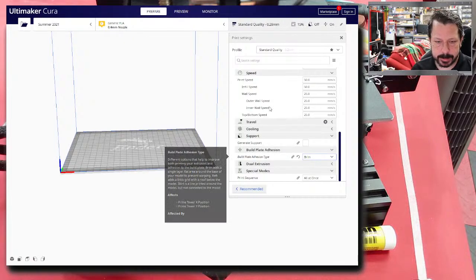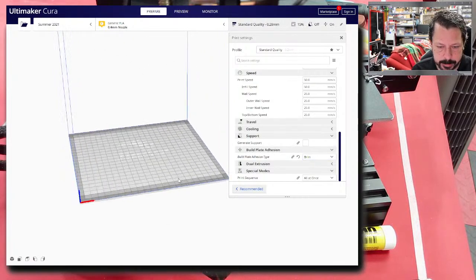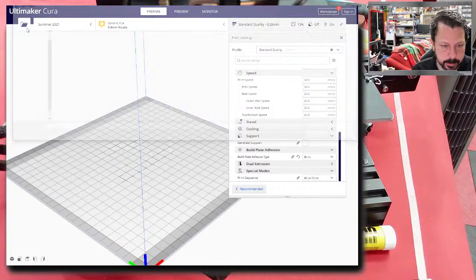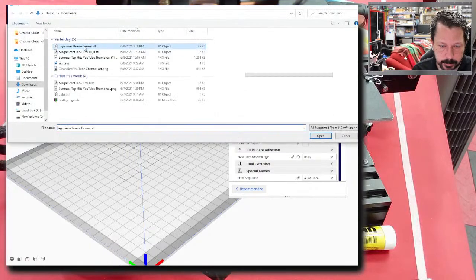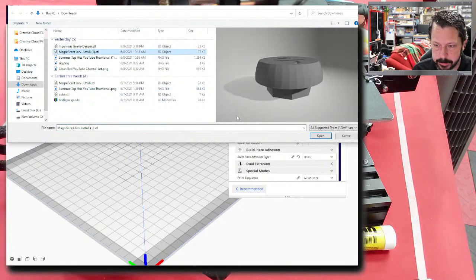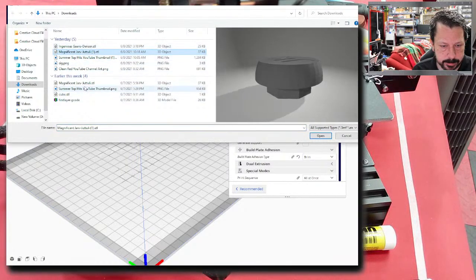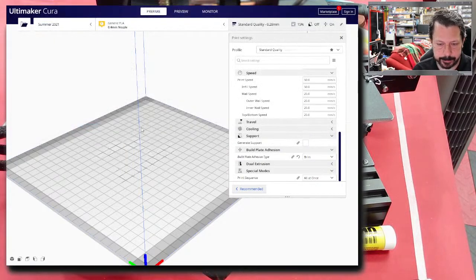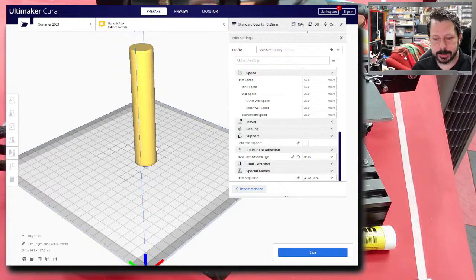So what this does, let's bring a part in here and slice them so you can see what they do. This is the pin for our pin joints that we were printing. So the brim, when I slice it,